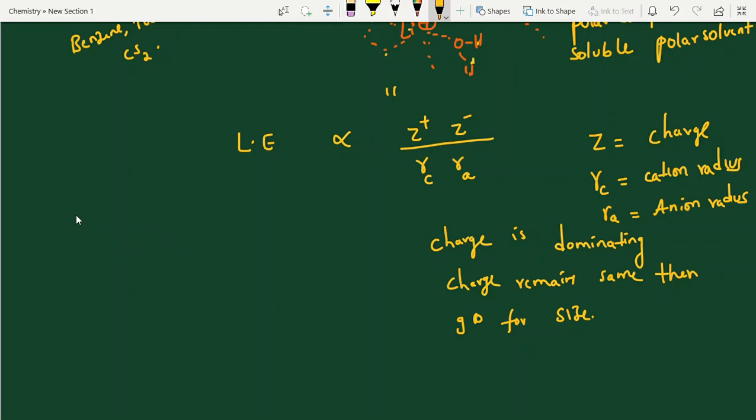See students, the first one is NaCl, MgCl2, which has more lattice energy? See students, this is plus 2, this is plus 1, cations. So Na plus 1, Mg plus 2. Who is the smaller cation here? Smaller cation, he is the guy. Okay, first charges, no? First I said here charge is the dominating one, no? Higher the charge. Who has the higher charge here? Higher the charge, more lattice energy. That's all. This is lattice energy. Easy.